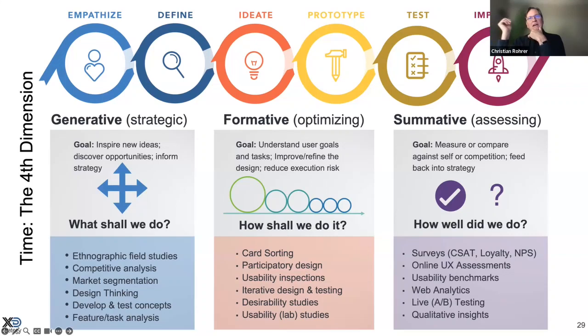Well, beneath that timeline are really 3 main classes of research: generative, formative, and summative. Now, I know one of you said you like that evaluative was one that you mentioned, and I'm going to break that down a little bit here because I said I would talk about that. But first, let me describe these. So generative methodologies are those that are strategic in nature and answer the key question: what shall we do? What direction should we go? Where are we going?